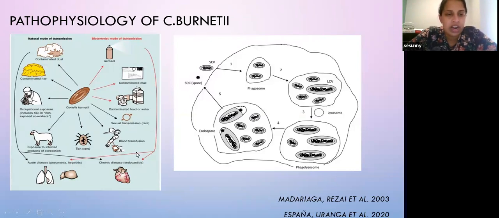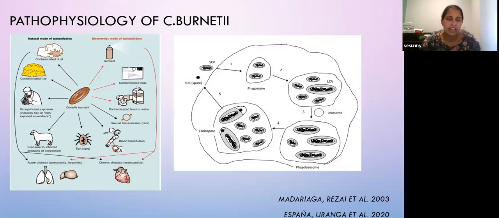There's also transmission described through blood transfusions. Ticks, also again, very rare. Exposure to infected products of conception. So when we look at the mammalians that are affected, it's actually a very broad and diverse range of animals. It ranges from domestic animals, birds, arthropods, ticks, like I just mentioned, and rodents. And often the mammals are asymptomatic, but the one clue is that you may have a high rate of miscarriages and stillbirths